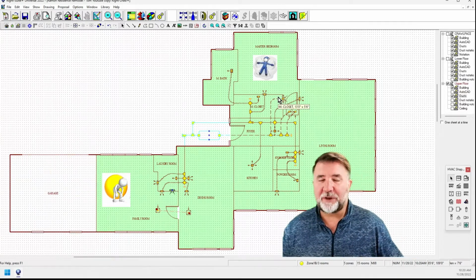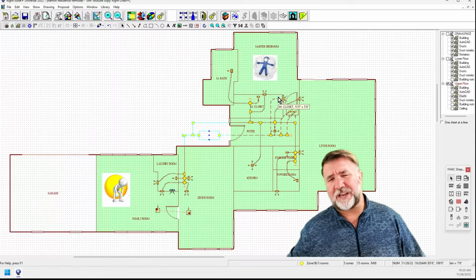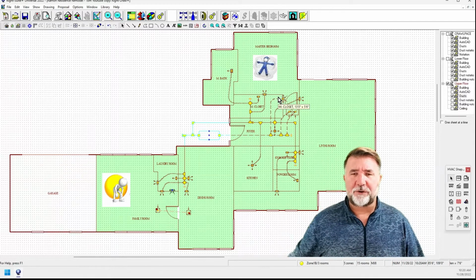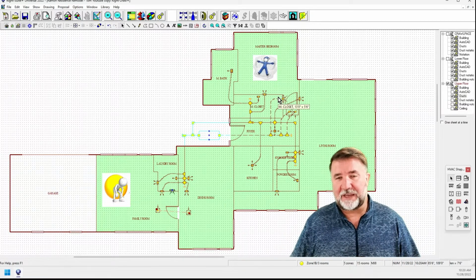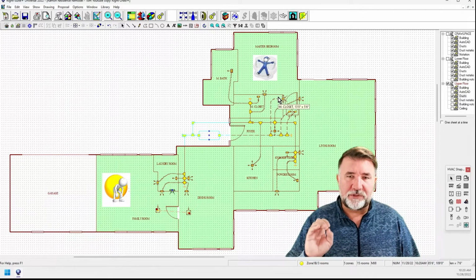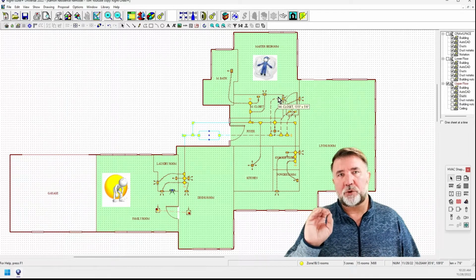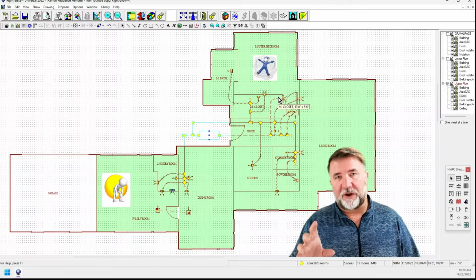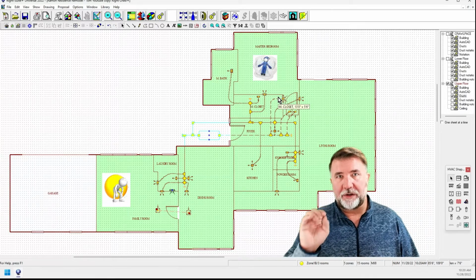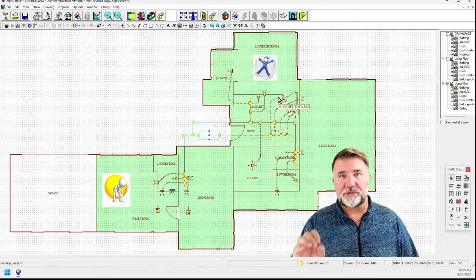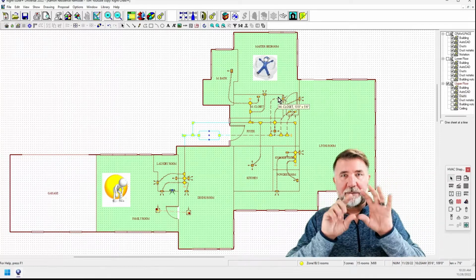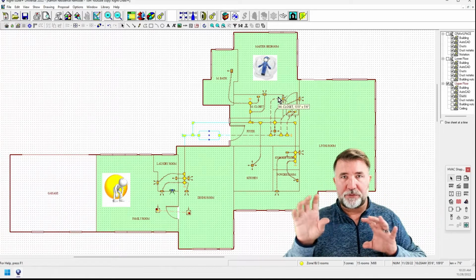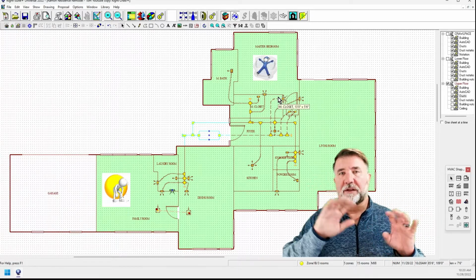A lot of people give me grief about it, saying it's insane putting dampers on returns. I even have manufacturers that I've talked to that say that's insane. Well, they only say it's insane because that's what they were told. But if you go to a proper test and balance training course and get certified like I have, they are going to recommend that you put dampers in returns so that you can properly regulate. And that is the best way to keep all of the rooms within 2 to 3 degrees